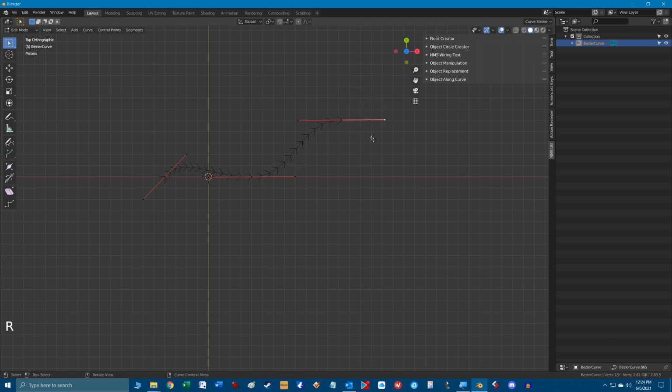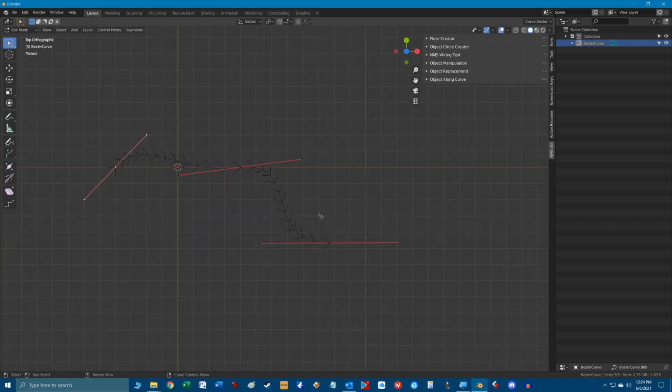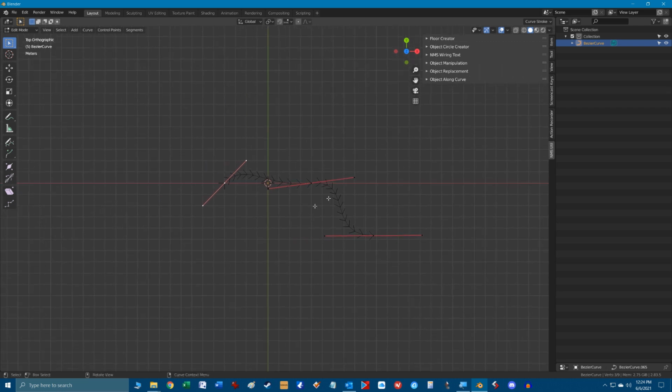You can size them up and down by hitting the S key. It doesn't really show you much there. If you hit the center one and hit the S key, you can see how it affects the curve when you size up the control handle. But you can click the center control handle and hit the G key and move it around to wherever you want it. In this case, I'm going to rotate a little bit, and maybe I'll just leave it like this. Accentuate the curve. So this is my curve that I want to follow an object along